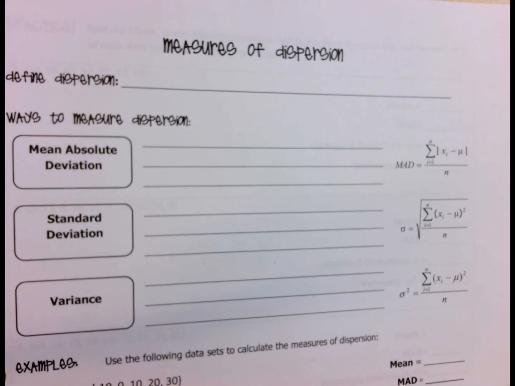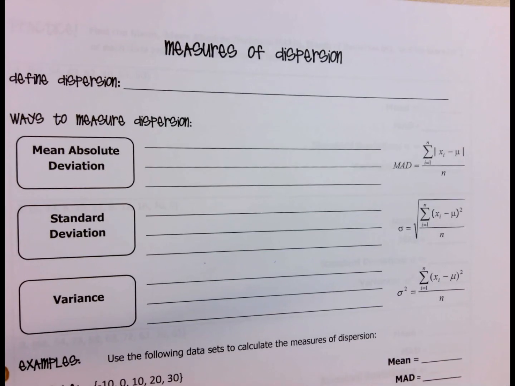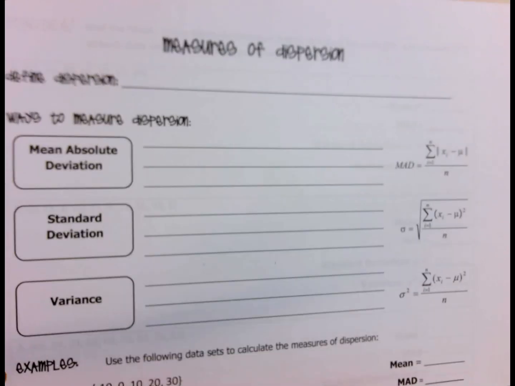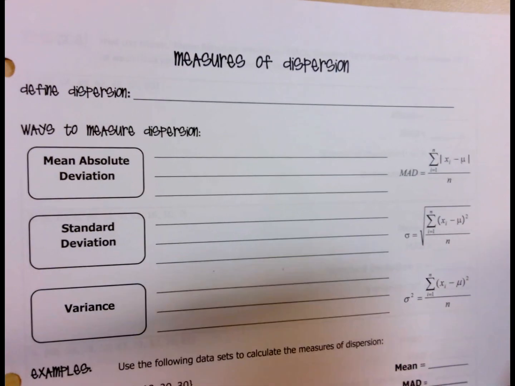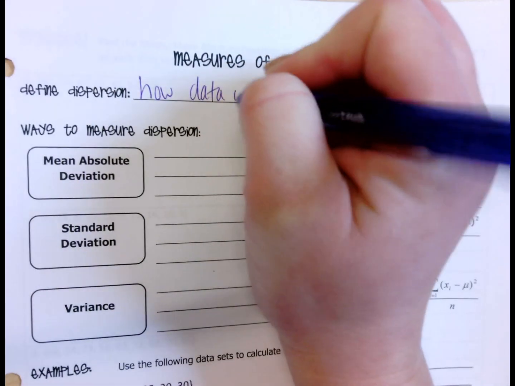Okay, so we're still looking at data and we're looking at statistics and how to use that information. And so there's a few other key things that we want to talk about today. So the first one is going to be called dispersion. And so what that is, is how data is spread